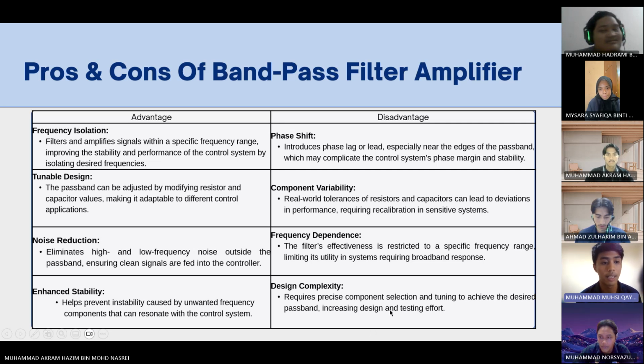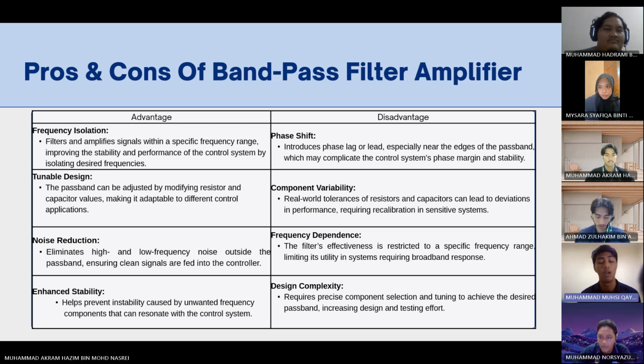Second one is tunable design. The passband can be adjusted by modifying resistor and capacitor values, making it adaptable to different control applications. Next, noise reduction: it omits high and low frequency noise outside the passband, ensuring a clean signal is fed into the controller. And last one is enhanced stability, which helps prevent instability caused by unwanted frequency components that can resonate with the control